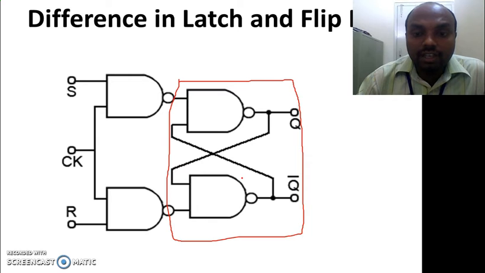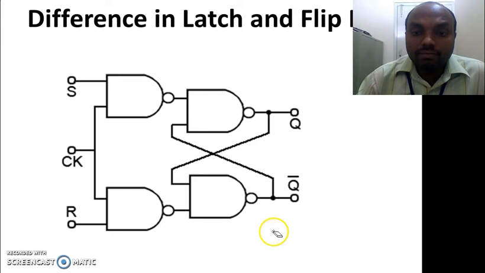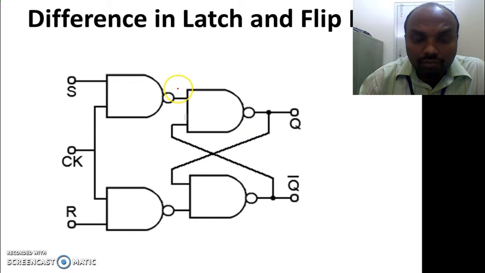So if we clearly see, only a specific part of this is a latch. If we change the input value at this position, the output will be changing. And further, if we set or reset or both are equal, then the output will not change and it will latch the previous output. So it behaves like a memory element.